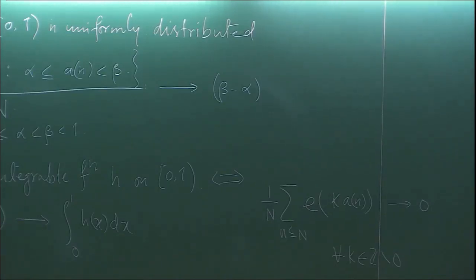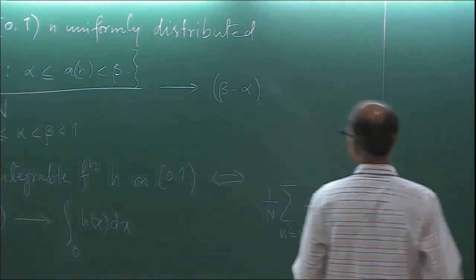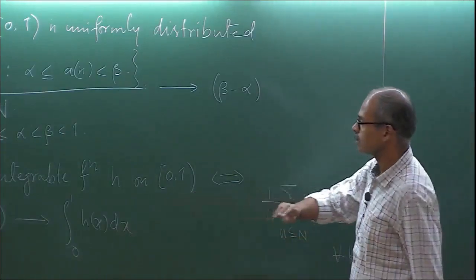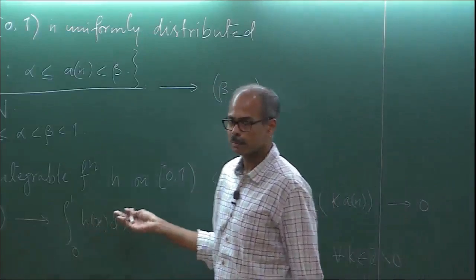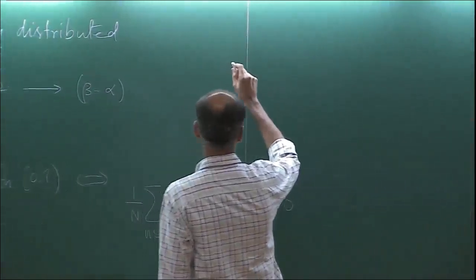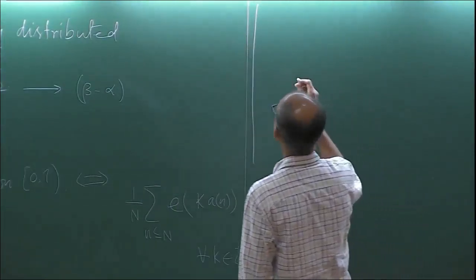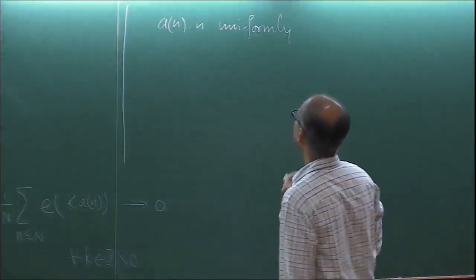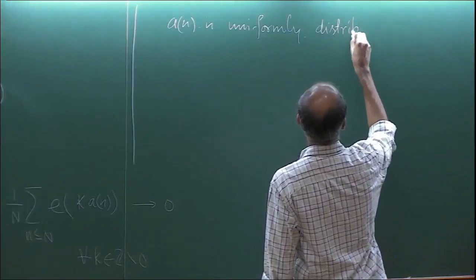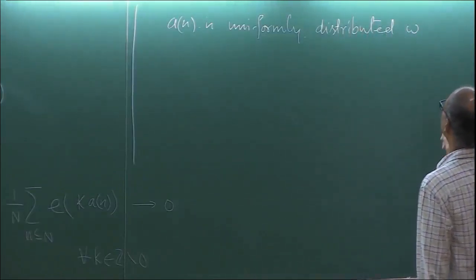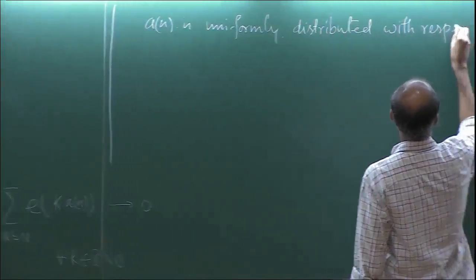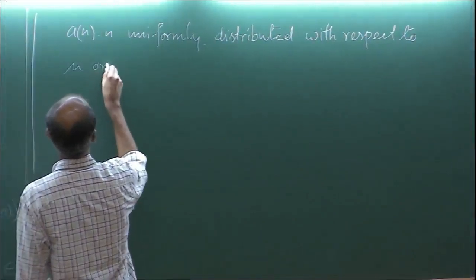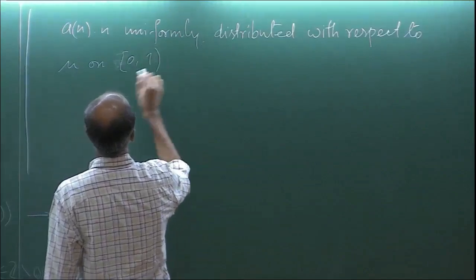So there's a slightly more general version of this. What we are talking about so far is with respect to Lebesgue measure. But some sequence can be uniformly distributed with respect to some other measure. So in that case, we change it a bit. So a_n is uniformly distributed with respect to a measure mu on the interval 0, 1 if